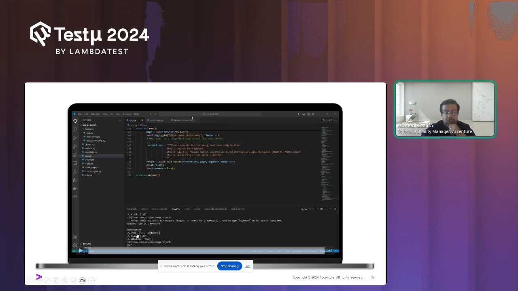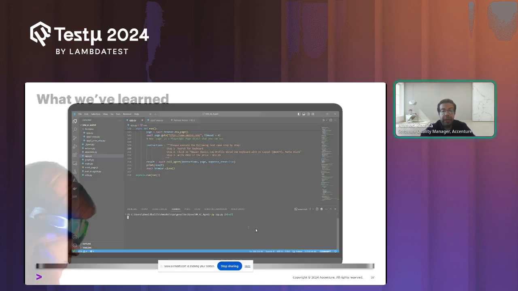So here, if you can see type 4 keyboard, this means that the search bar has this 4. It creates an overlay over the web page, and this overlay contains the tags, and each tag, so this 4 is the search bar, and then it writes keyboard inside it. And this click 27 is exactly matching this Amazon Basics low profile. So I think this is something very important, because I believe in the future we might see this agent in action where you could do, for example, automation testing using the visual capabilities without needing any tools, right?